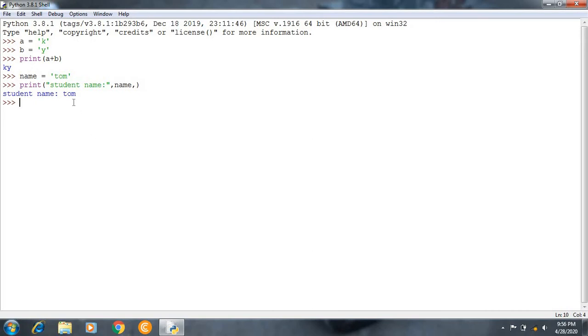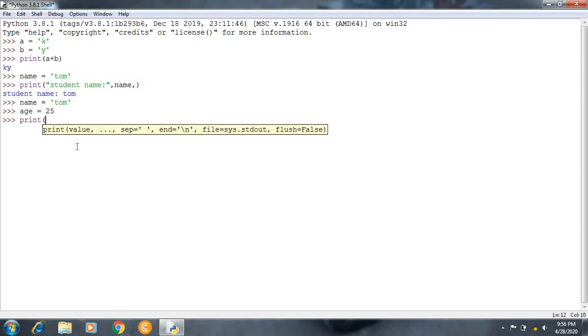Now we'll define it. I'll be indicating Tom and Tom's age also. How to do that, we'll see. First I'll define name. I'll take Tom only. Age, suppose I'll give 25. How to get the execution? Print, student name, and double quotes, comma, name, and close the quotes.